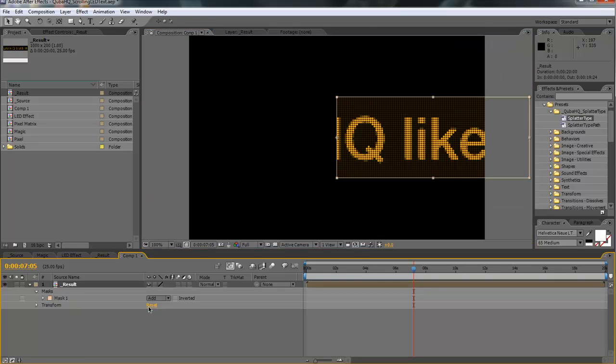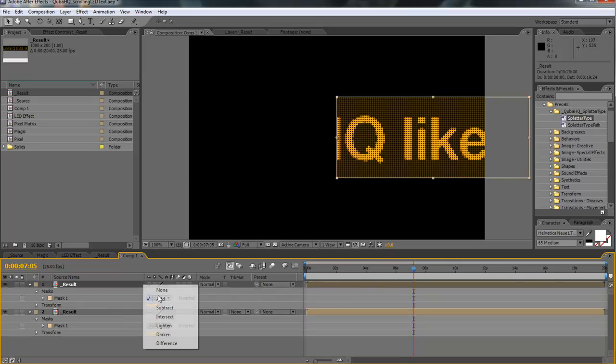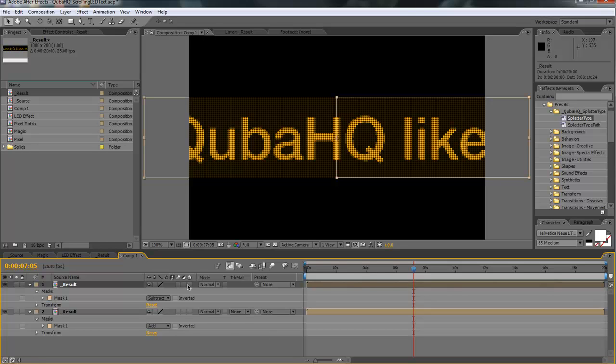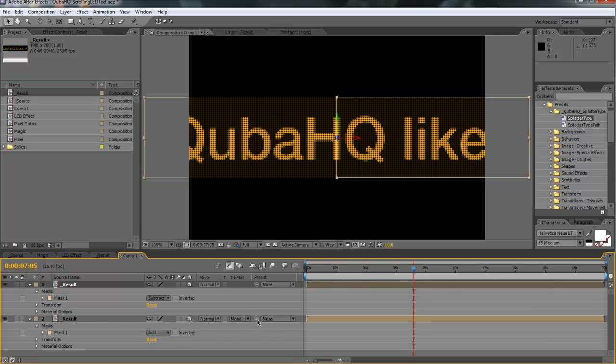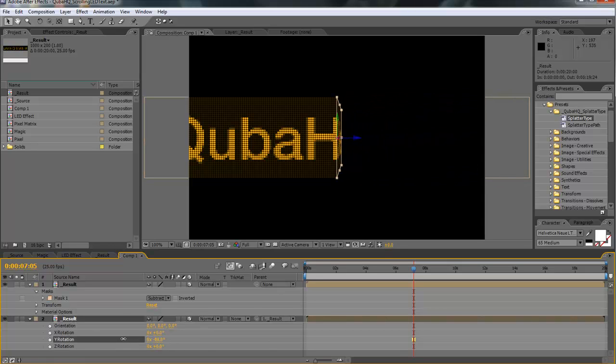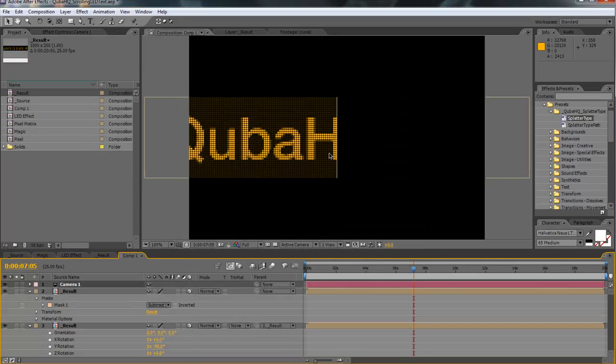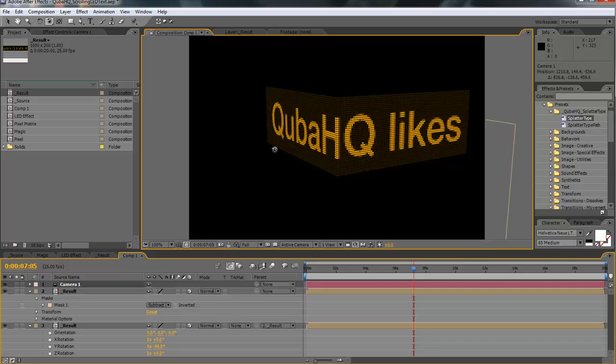Made a copy of it, change the mask from add to subtract, change both layers into 3D, linked one to another, rotated it by 90 degrees, or minus 90 in this case. Let's bring a new camera, orbit a little bit around it,